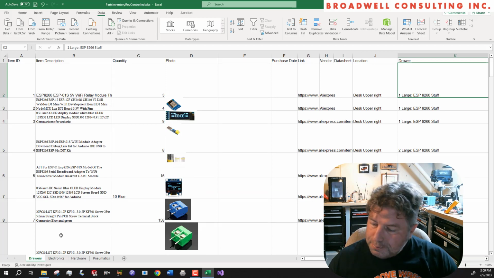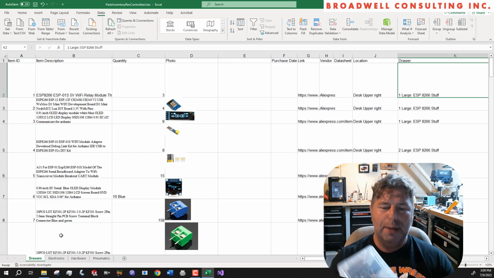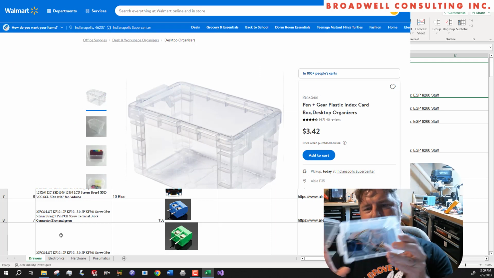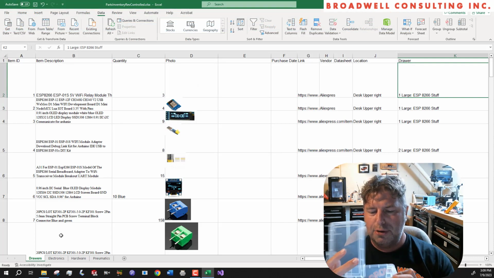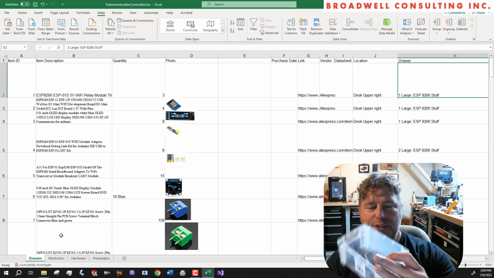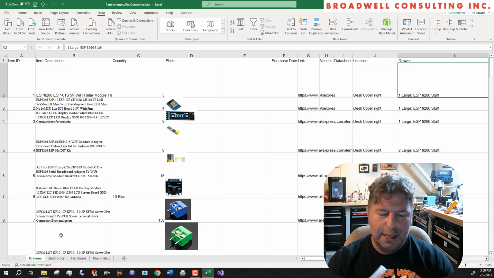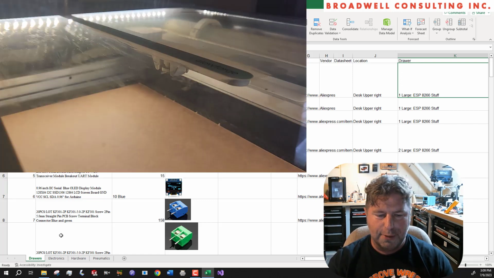So that's that. Sometimes I'll have projects put together, and I got these boxes from Walmart. They're called pen and gear boxes, and they're designed to hold 3x5 or 4x6 index cards. And you can see in there, it's a great place to throw a breadboard and some wires, because you can put it in there without crushing it down too hard. This particular project is just one of those encoder motors that's also hooked up with an N-channel FET and some connectors to plug into a power supply. So I have a standby thing that I can play with PID control or whatever with, just in one of